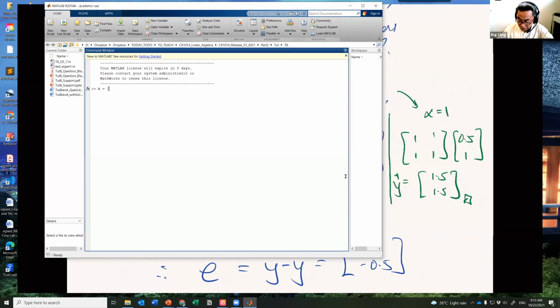A equals to, so this you do not need to know, okay, guys, but y equals to, what's my y? 1, 2. Oh, so this is my A, 1, 1, 1, 1, and my y is 1, 2. So I'm going to show you the solution of x. X is equals to,